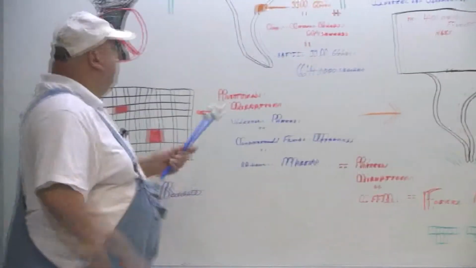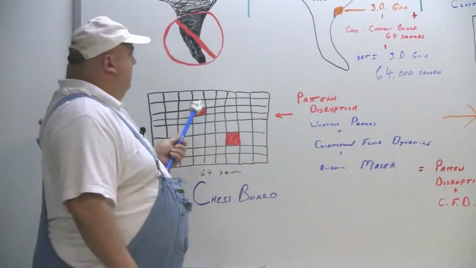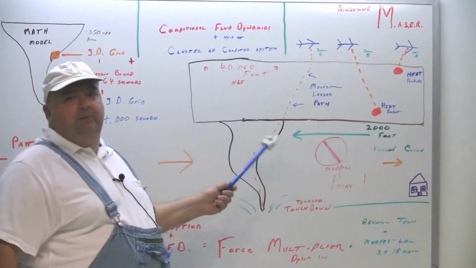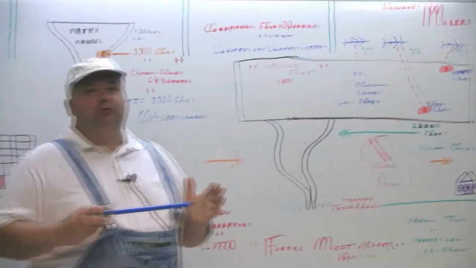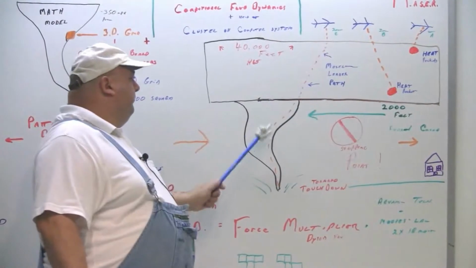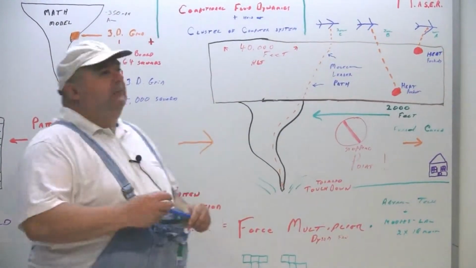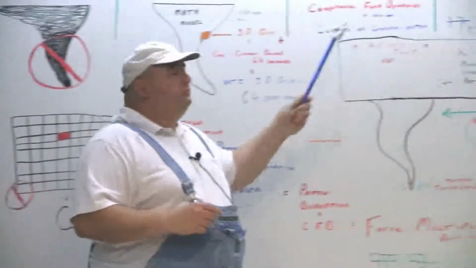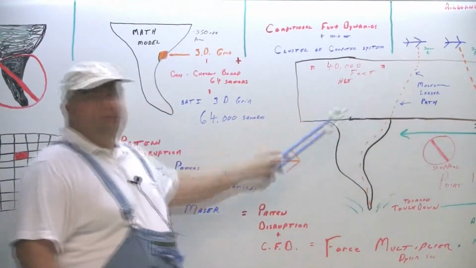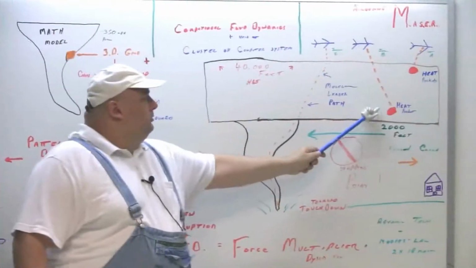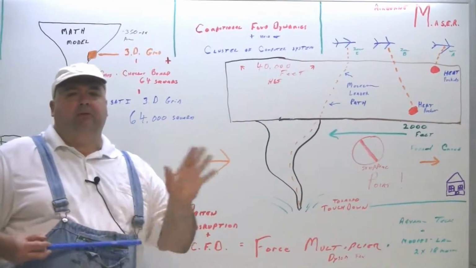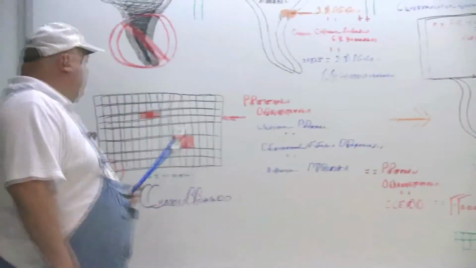What I'll use is pattern disruption. Up here, at these points up here and here, ahead of the tornado, before it gets there, I want to disrupt the pattern before it gets to it, so I can prevent it from actually coming down. So always remember, with the computational fluid dynamics, in time, we will be able to predict all of this. And I want to be able to manipulate it at different spots. The molecule leader path, I'll get to later. But anyway, here,